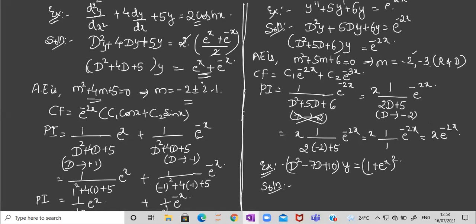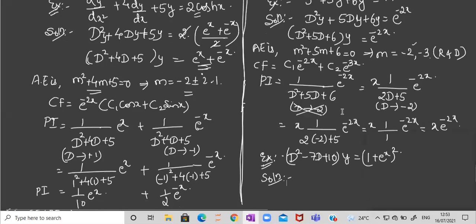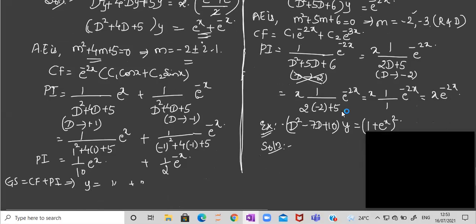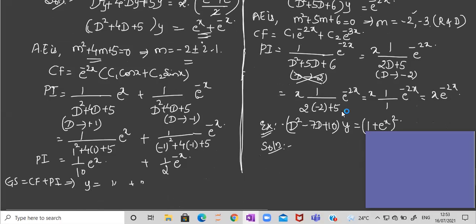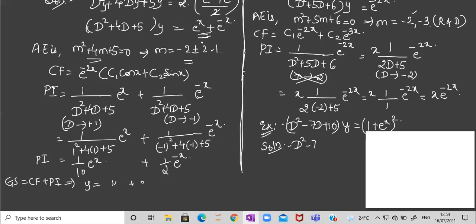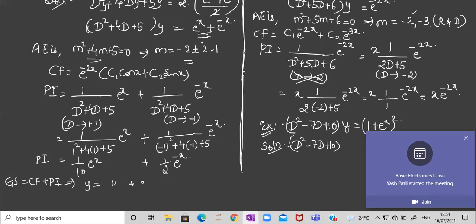We have not taken it with the whole square format, right? Nothing much. What we have to do is write D square minus 7D plus 10 into y is equal to...